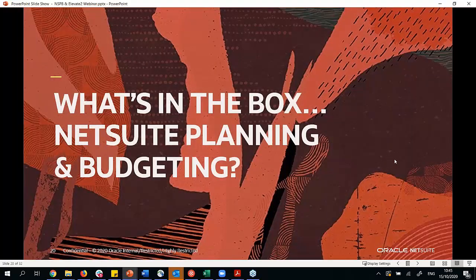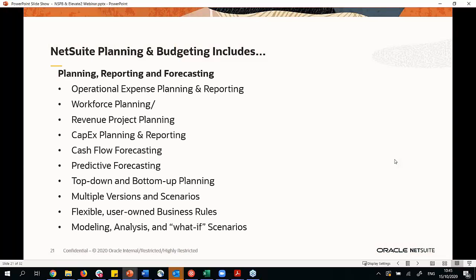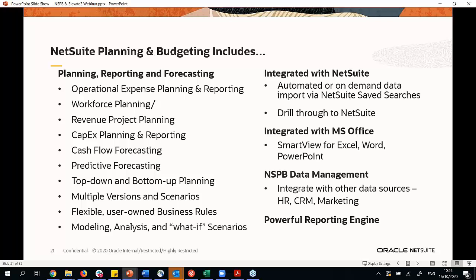So what's in the box with NetSuite Planning and Budgeting? It includes operational expense planning and reporting, workforce planning, revenue project planning, CapEx, cash flow forecasting, predictive forecasting, top-down and bottom-up planning, multiple versions and scenarios, flexible user-owned business rules, and modeling, analysis, and what-if scenarios. So we are a NetSuite product, so we do initially integrate with NetSuite via saved searches, but we're also able to integrate with a multitude of other